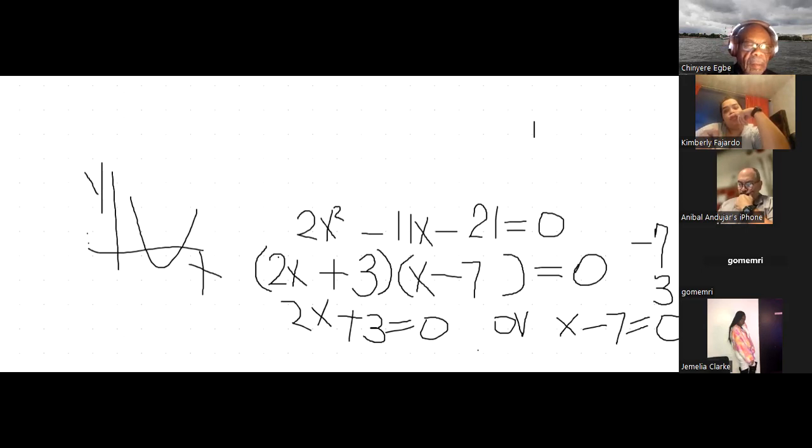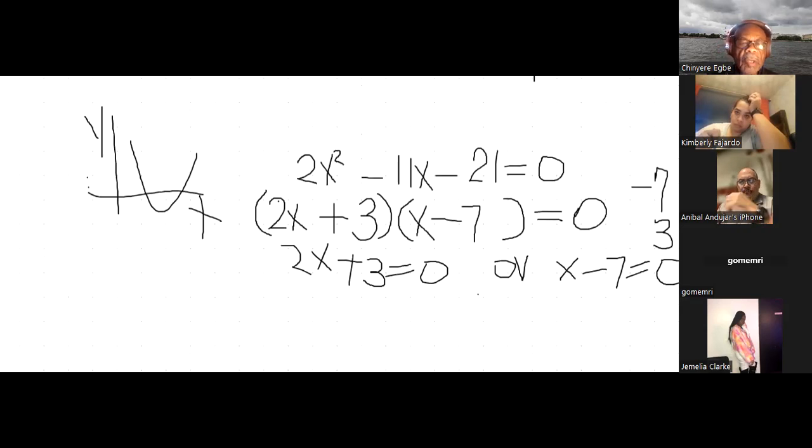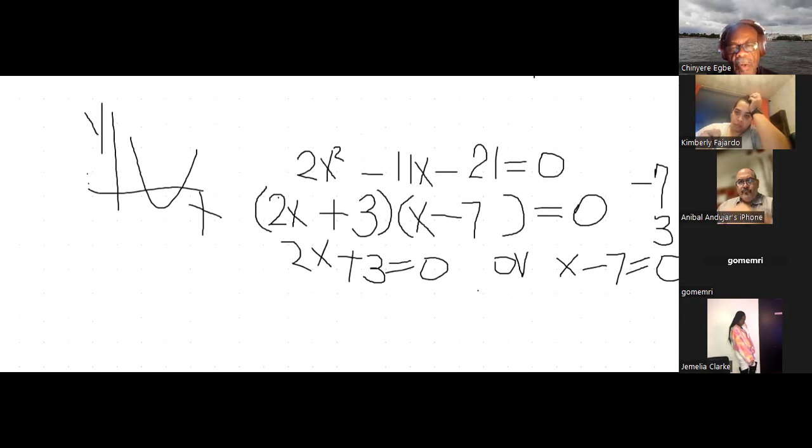So that the values of x cross y at 0 at 2 points. So you have 2 solutions. Okay, you have two solutions. So if 2x plus 3 is a 0 or x minus 7 is a 0,